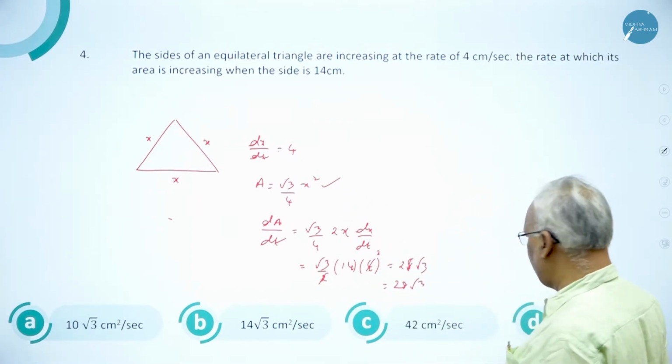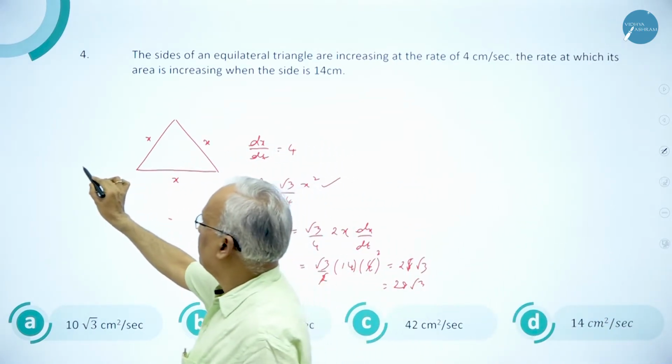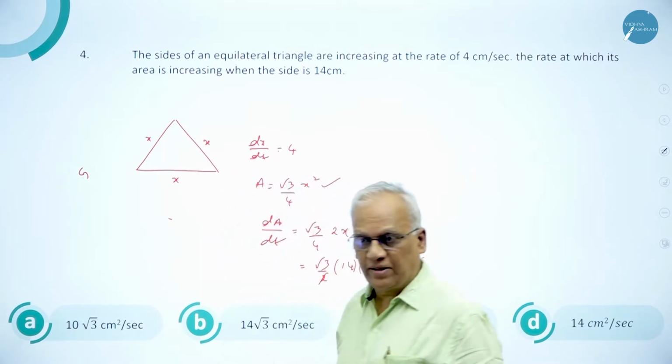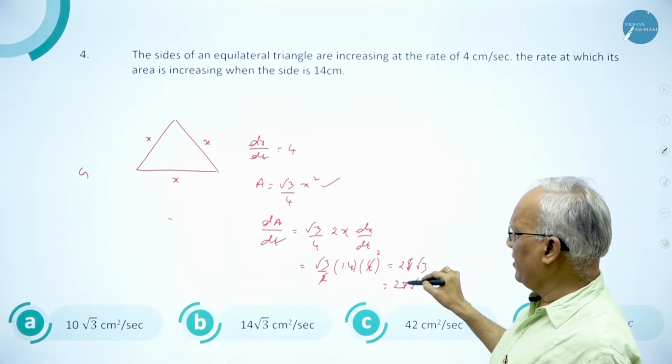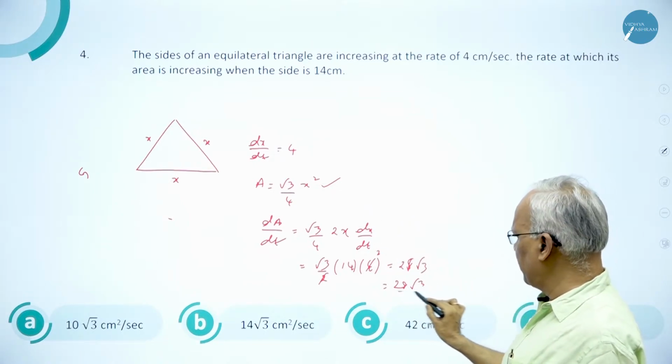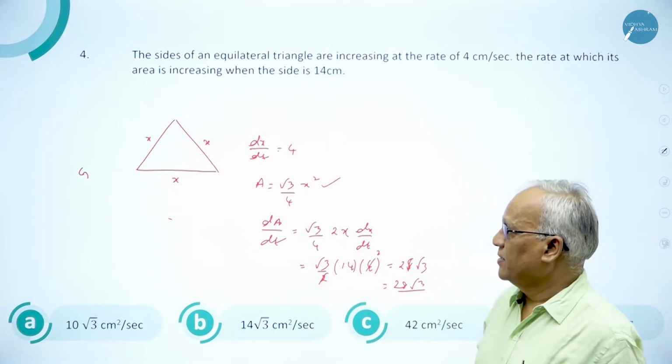So, here none of the choices is correct. So, you get a grace for this. So, don't waste more time on this. If you don't get the answer, again just go through that quickly. So, I have not gone wrong, 28 root 3 is the answer, which is not there. Okay. So, you get a grace for this.